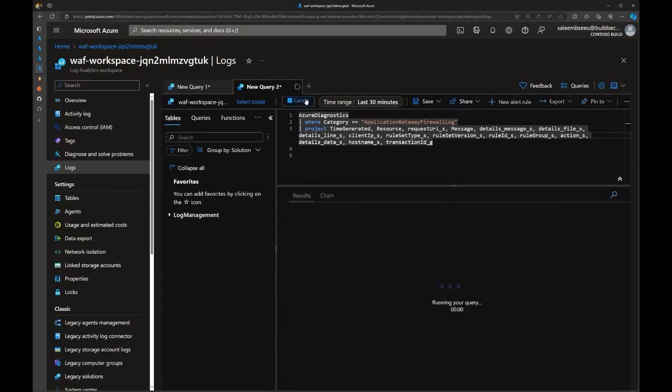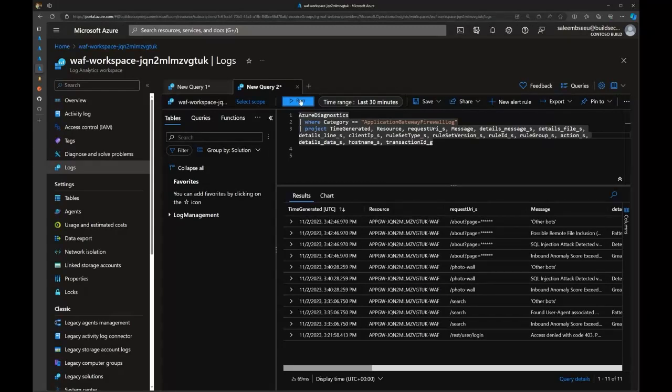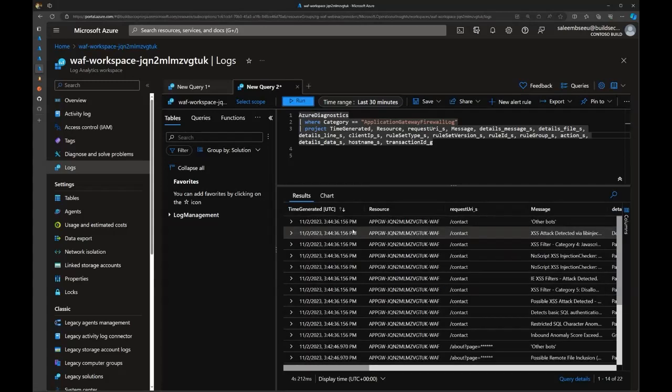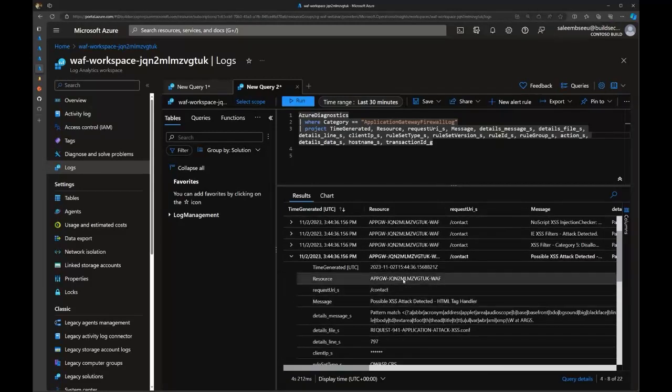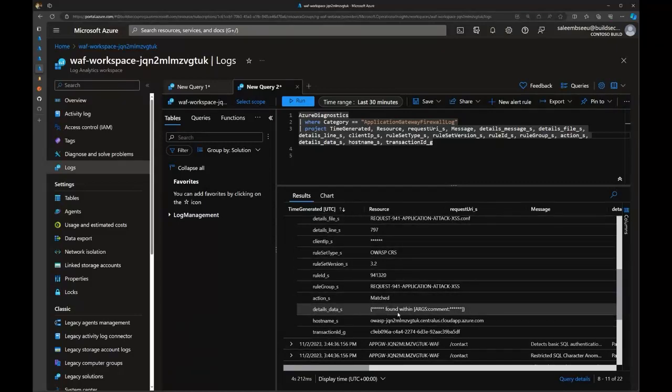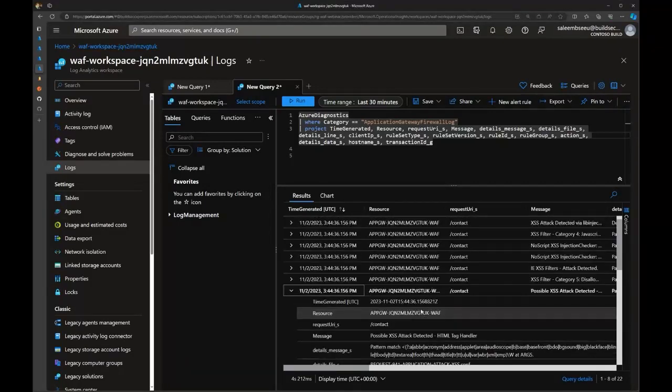Okay, so it's still looking for it. Okay, so I think, yeah, so you can see there's a few logs here, and for this specific one, it should be under the XSS attack found, and we can see here. So under details, you can see specifically that the